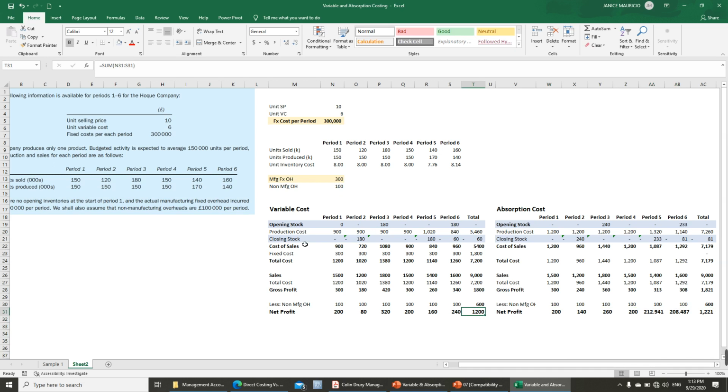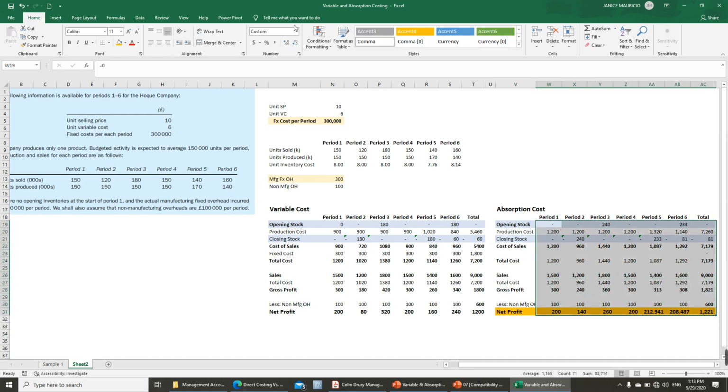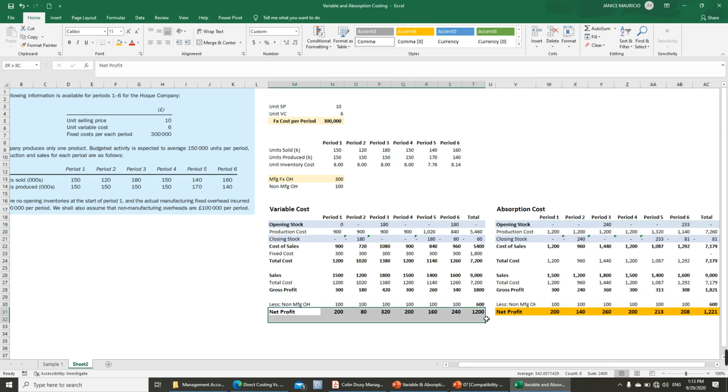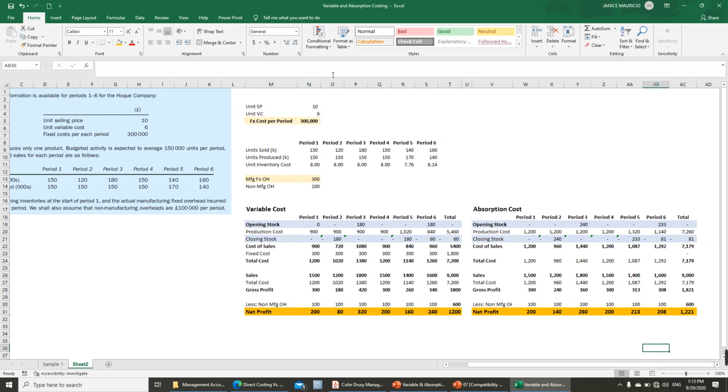So there is a big impact if there is a difference in terms of the units produced versus the units sold, because it affects the value of the inventoriable cost, or which is the closing stock. Okay? This is a very simple problem, and we will be seeing other, more complicated problems later on, especially when we already have different products at the same time. But just to simplify the difference between the two, so you will see that on this example,